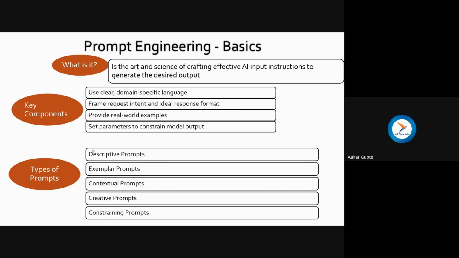So that's how exemplar prompt works. The third category of prompt is contextual prompt. Contextual prompt is, for example, when you are asking for a comprehensive set of test data for an e-commerce product catalog. When it comes to a product catalog, you need to ensure that there are some parameters or attributes associated with it. So let's say